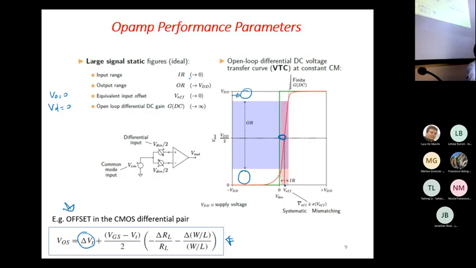Input range. Ideally, the gain is so high, the slope is so steep, that we have a very fast transition between the negative saturation and the positive saturation. So this is the differential input, okay? It is not the common mode input range. This is another thing. This is the differential input. The differential input namely should be